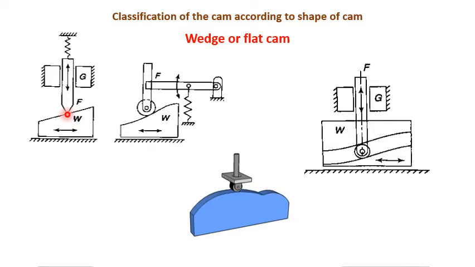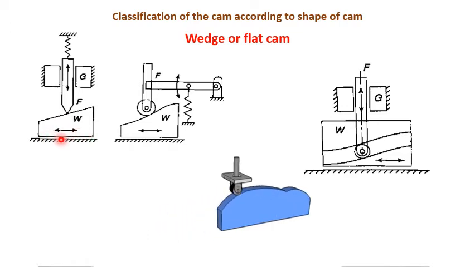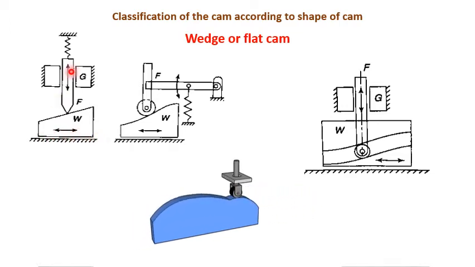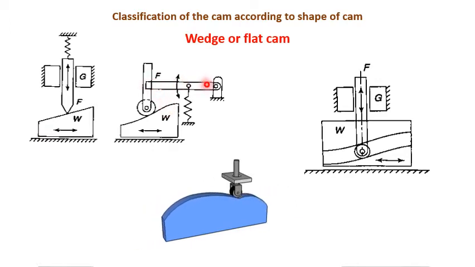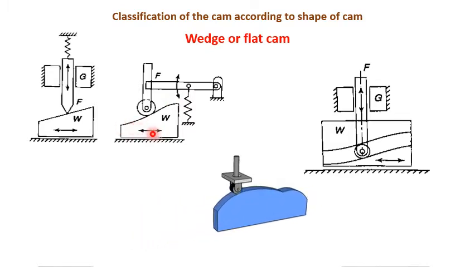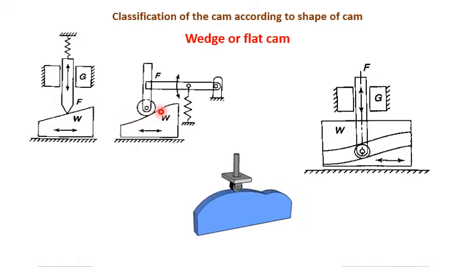So in the first figure, it is having a spring fitted follower, and this follower is having translatory motion, right? So as the wedge moves from left to right or from right to left, there is a translatory motion that takes place due to the shape of this wedge. Okay, so in the second figure, here the follower is having oscillatory motion, right? And when the wedge moves either from right to left or left to right, due to the shape of this wedge, as the follower follows through the shape, there is an oscillatory motion that takes place.